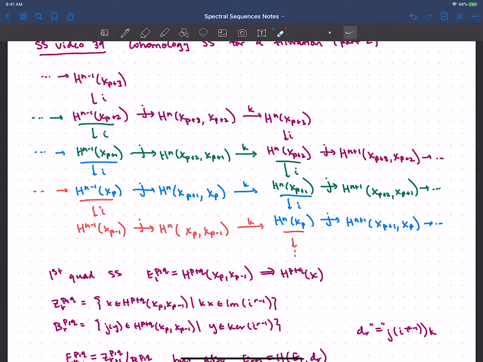What does it mean to be in B4 mod B3? That means that we don't support any D2 differentials, right? Well,